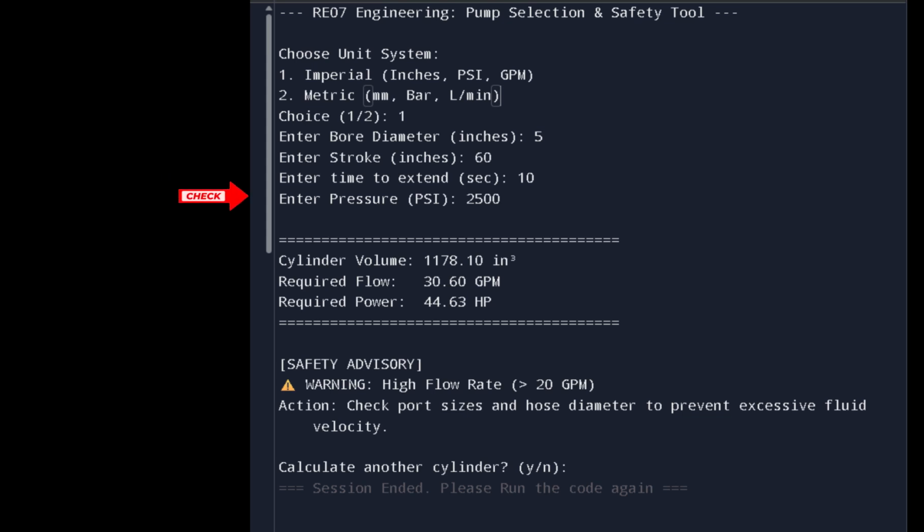The program calculated the cylinder volume, the required pump flow rate, and the hydraulic horsepower. We need 30.6 gallons per minute of flow and about 44.6 horsepower to drive this cylinder. Because the flow rate is above 20 gallons per minute, the tool also gives us an automatic safety advisory, reminding us that high flow can increase fluid velocity and may require larger hoses and ports to avoid overheating or safety